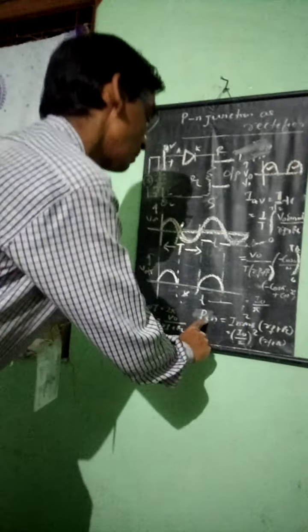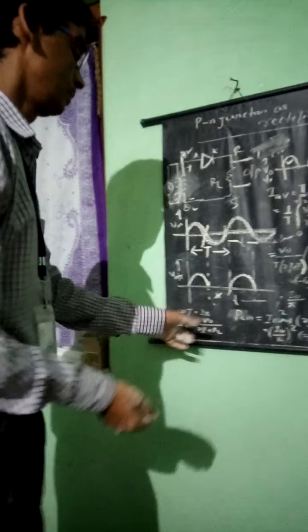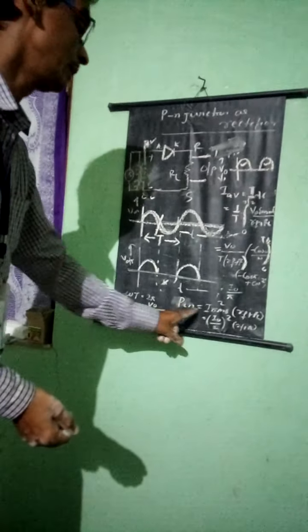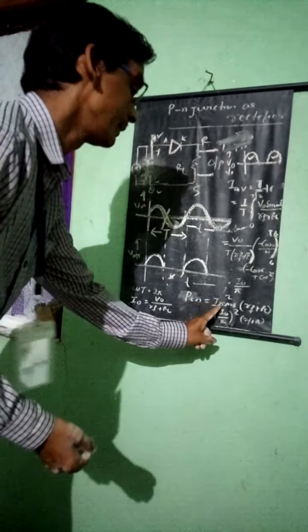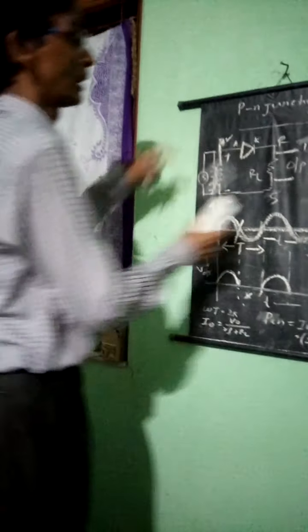So remember, P, that is the output power, you can get back. The P input you can also evaluate, that is IRMS squared into RF plus RL. It will be represented as I naught by 2 whole square into RF plus RL. As you got the power output by input, you have to represent what the efficiency is now. The efficiency you can get back like this, remember.